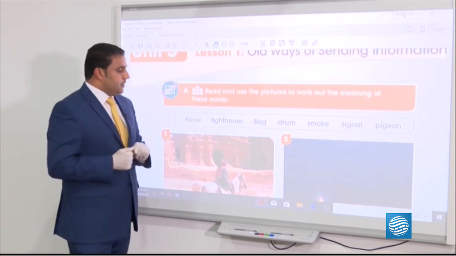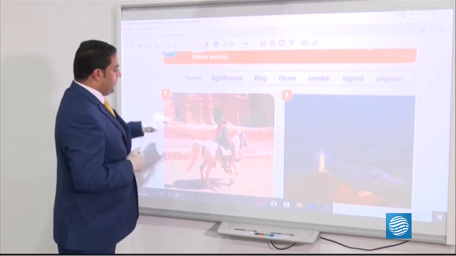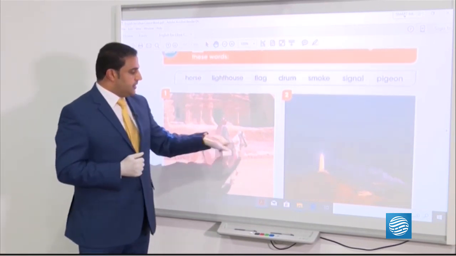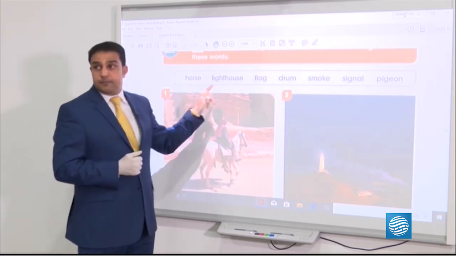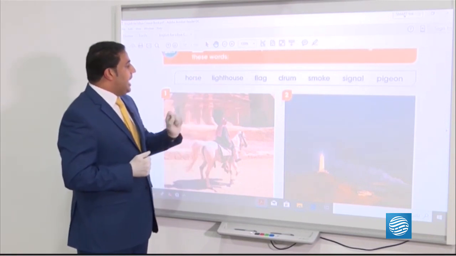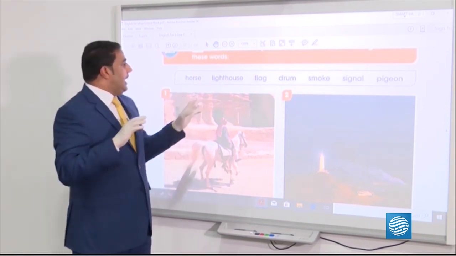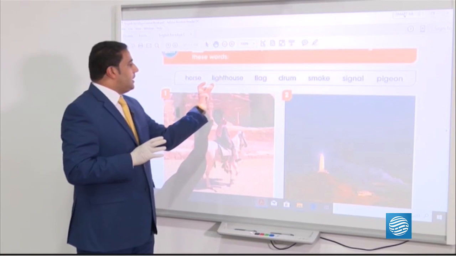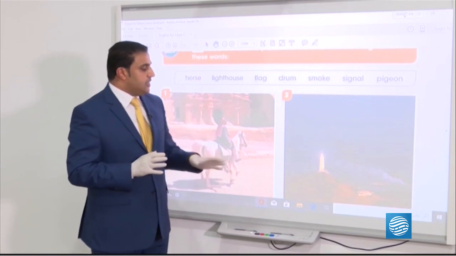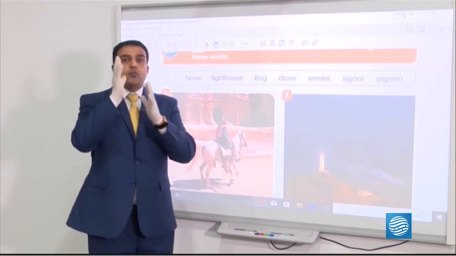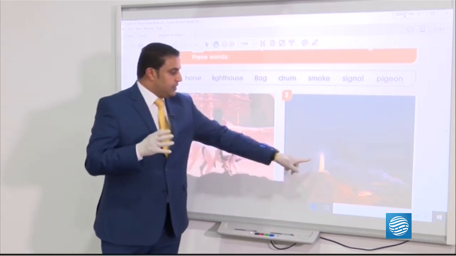Okay. Horse. So what's the meaning of horse? This picture describes the horse. This is the horse. So repeat. Horse. Lighthouse. What's the meaning of light? Light is the lamp that we use in the house. And house is the house itself. But this one is one word. Lighthouse is this picture. The lighthouse is used in the sea to show the position of the light, to show things that we will know about later. Lighthouse, this is called lighthouse.